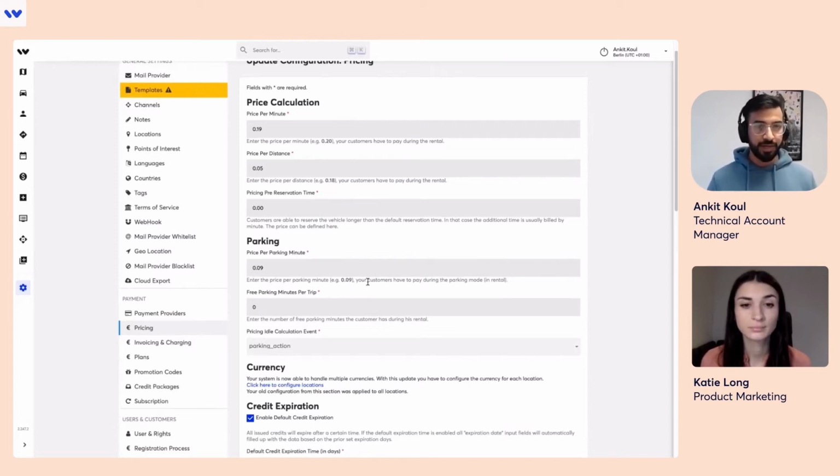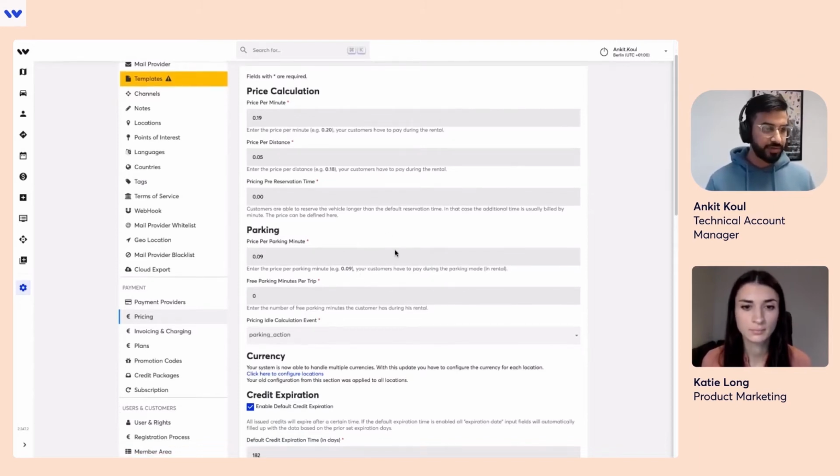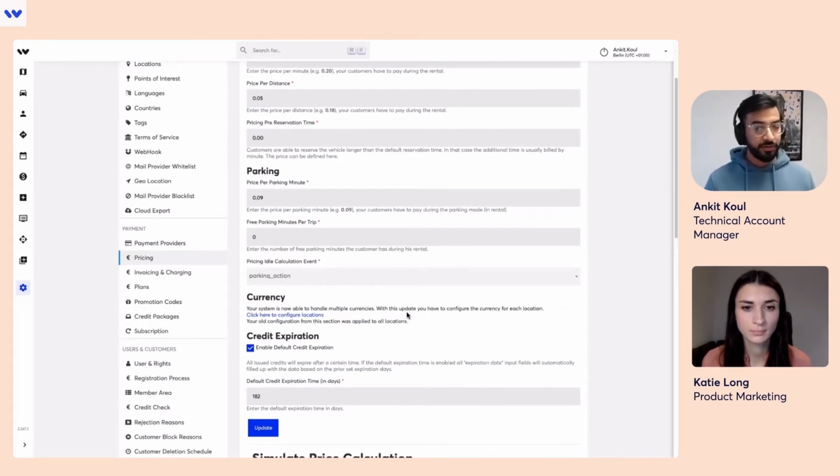Like if you park a vehicle, you want to get revenue out of that as well, which is also very popular among some of the clients. Then we also offer free parking minutes. So okay, you pay for certain parking minutes, but we can also give you free parking minutes for up to, let's say, X minutes per trip, right?